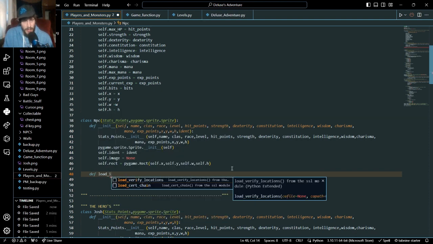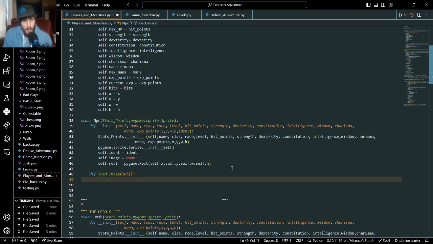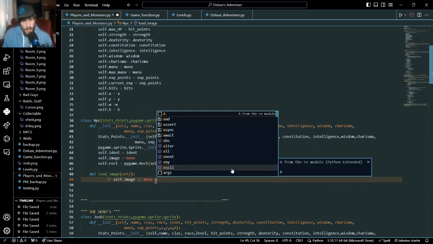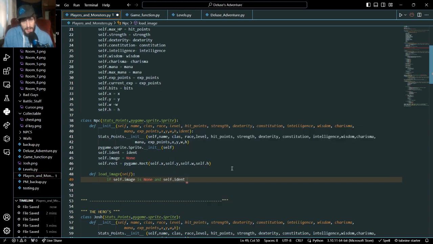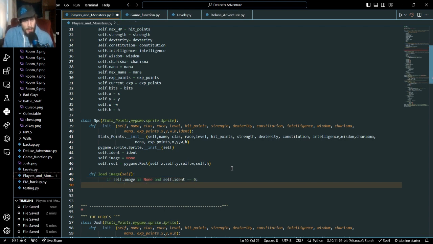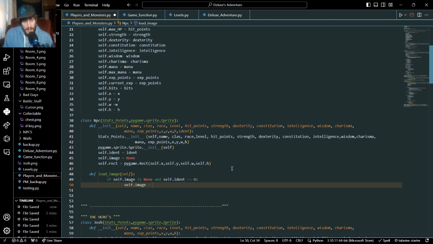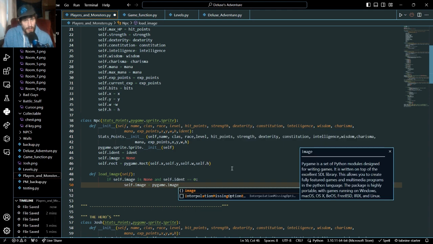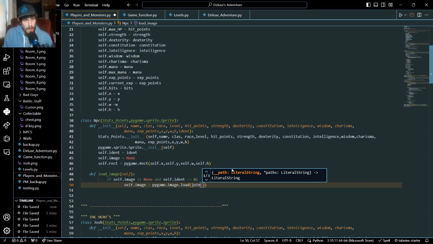we will do our definition for loading our image. And then we will take self, and if self.image is None and our self.ident is equal to, we'll just say 0 for now. We want to go self.image is equal to pygame.image.load, and then we want to join. I call this